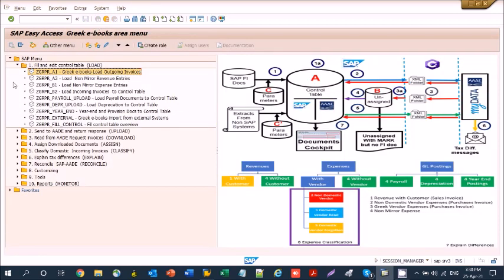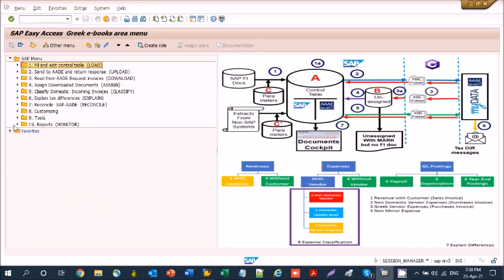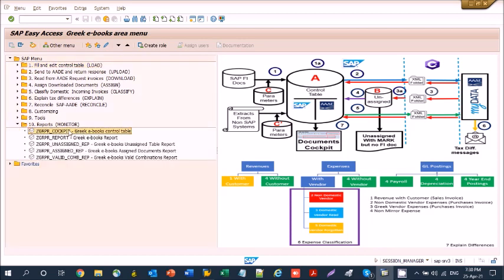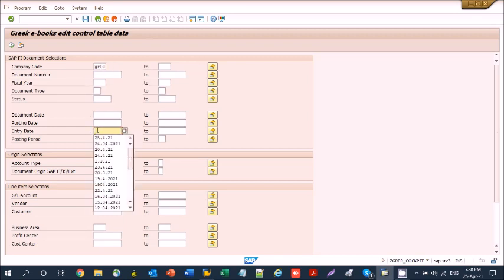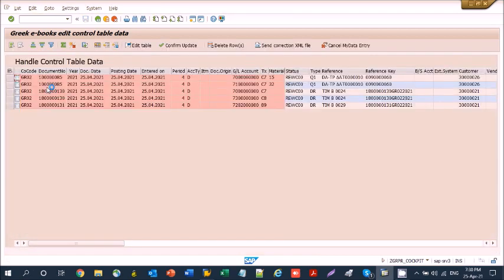Then we check the monitoring program, the cockpit, using the cockpit transaction, and we find that it is white.